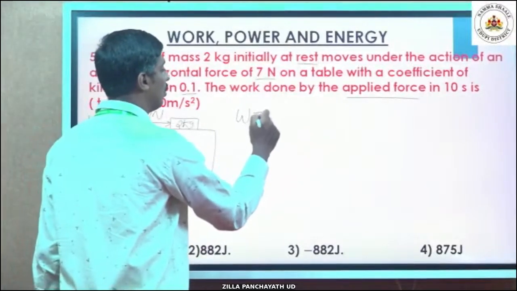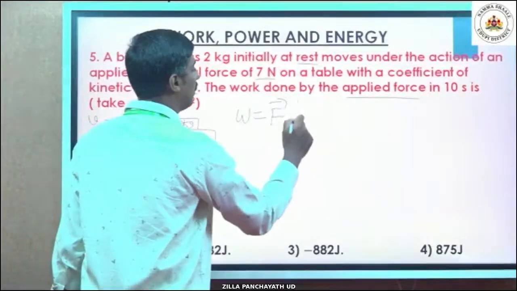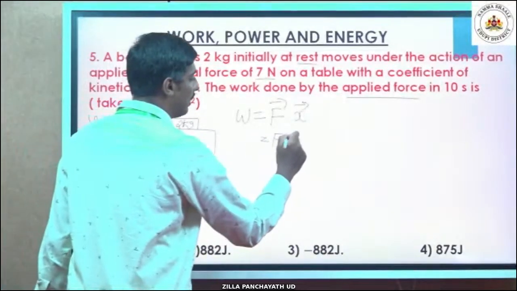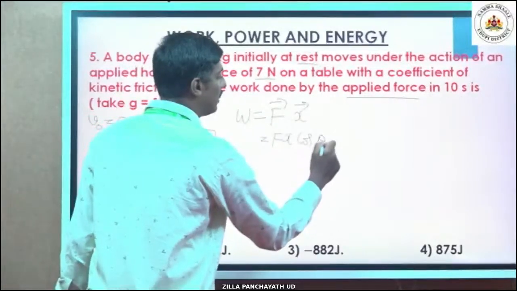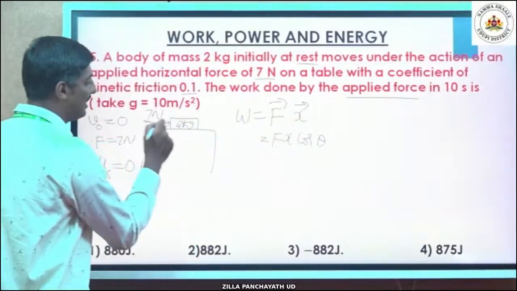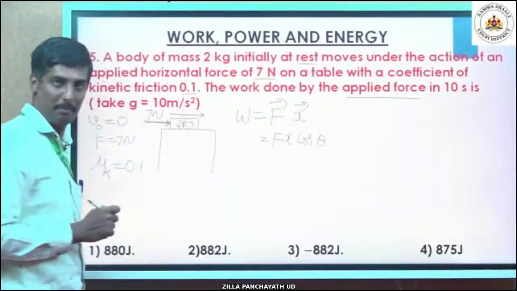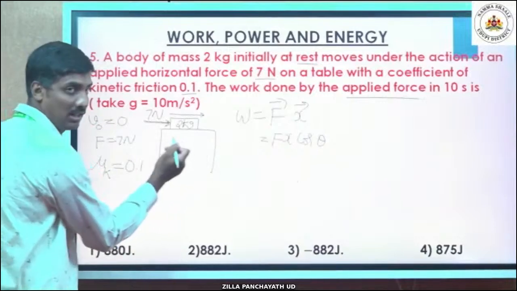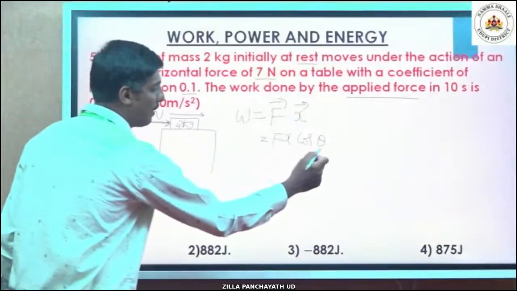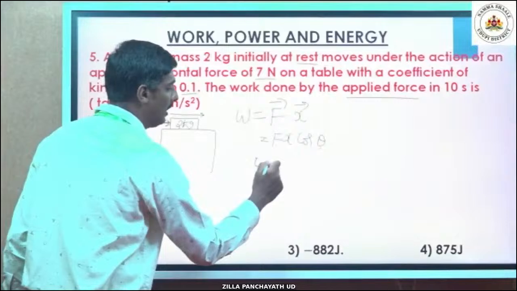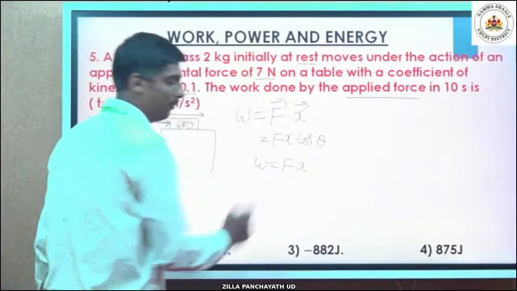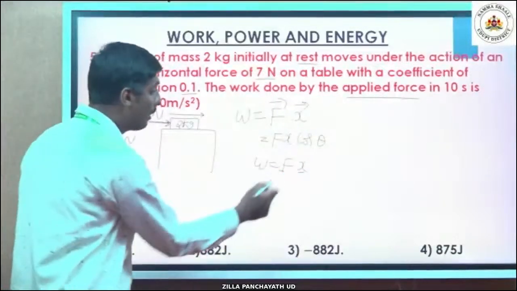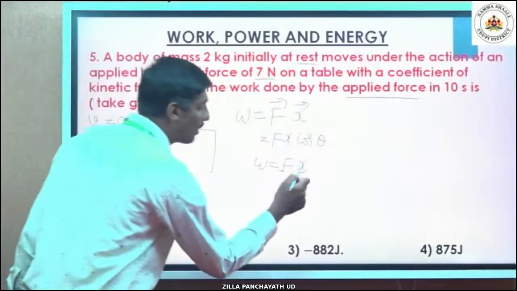Work done is equal to force dot displacement, which is expanded as F x cos theta, where theta is the angle between F and x. Now force is in this direction. Displacement is also acting in the same direction because you have taken the applied force, not the frictional force. Let the frictional force act in this direction. Right? Okay. So theta is in the same direction, theta becomes 0. So work done is equal to F into x. To get the value of work done, I should know the value of force and displacement. I know the value of force, where F is 7 Newton, but I don't know what is the displacement because